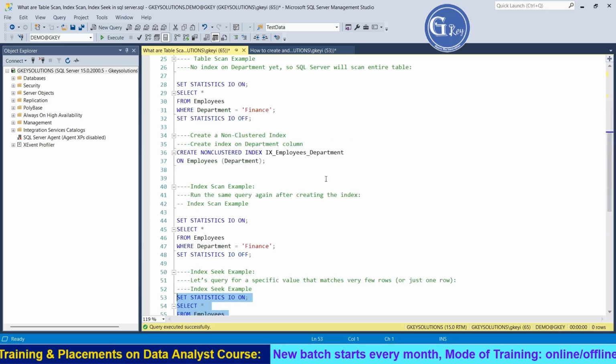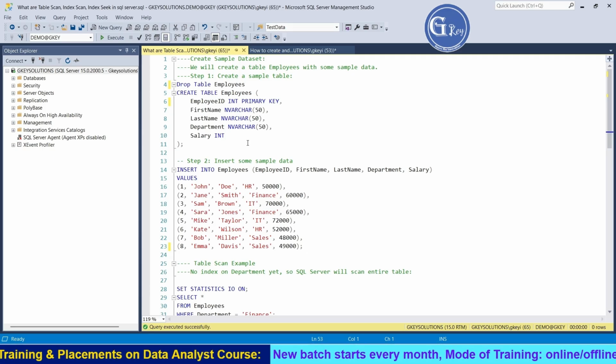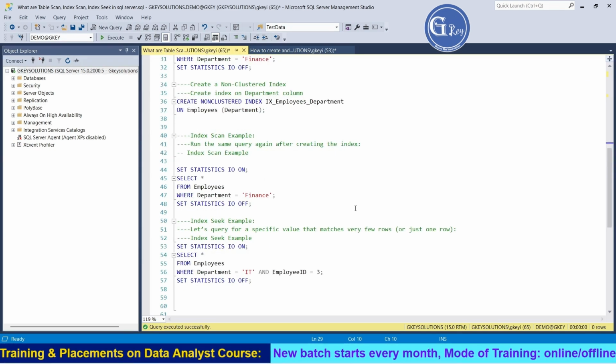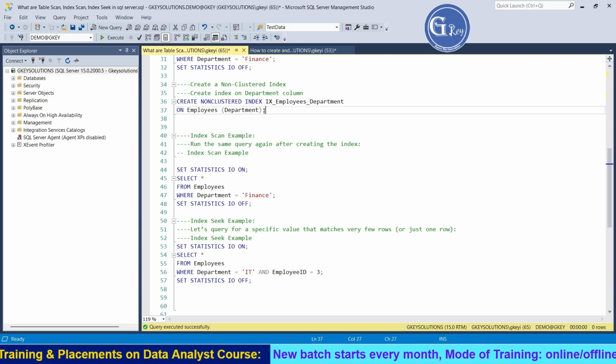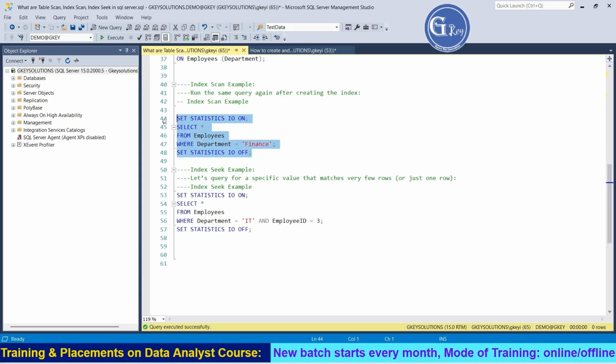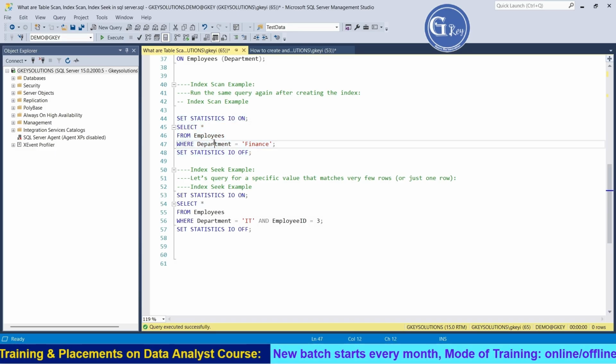Without any index on a table, if you query anything, you will see the table scan. And once you create any clustered or non-clustered index, first we have to create the clustered index, then the non-clustered index. Why? Because without a clustered index, if you create any non-clustered index, it will treat it as a heap. That's why we have to create the clustered index first. Then you create a non-clustered index on department, and when you execute the query with department equal to finance, which has a non-clustered index, you will see the